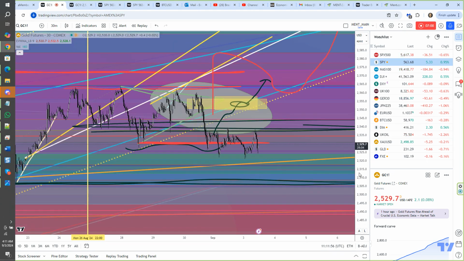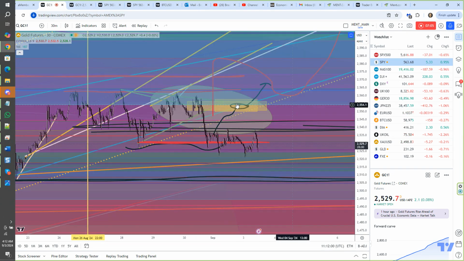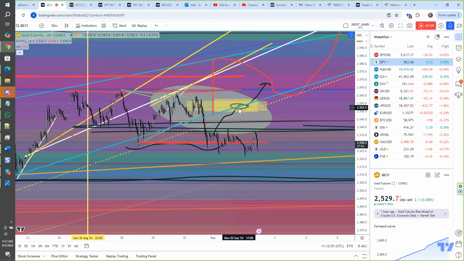So you can see these lines. Looks like I drew them out on a smaller time frame. But yes, we need to get gold back up in this area, 25.50, 25.60. Once gold gets back above this area, then we are safely, I believe, capable of moving up to the 25.93 and potentially 26.20 area.